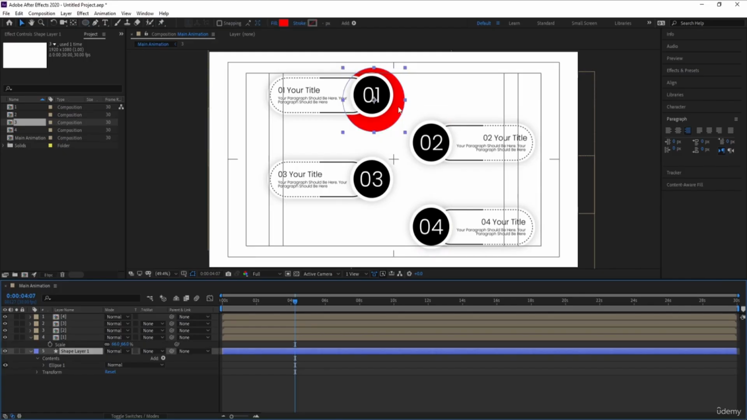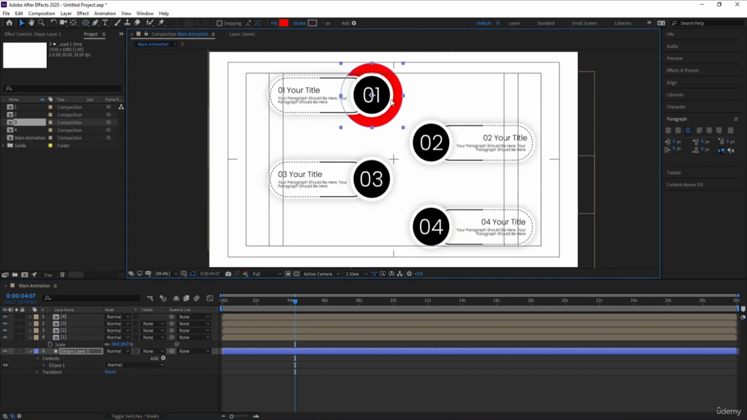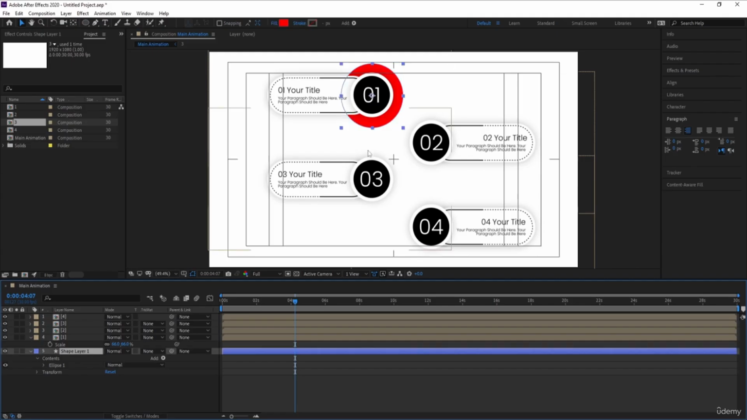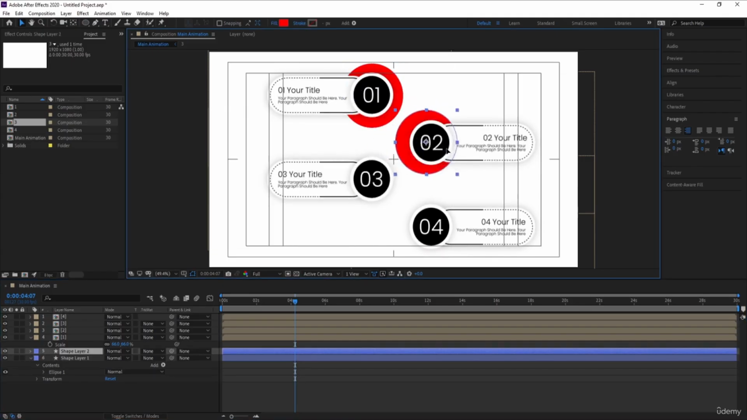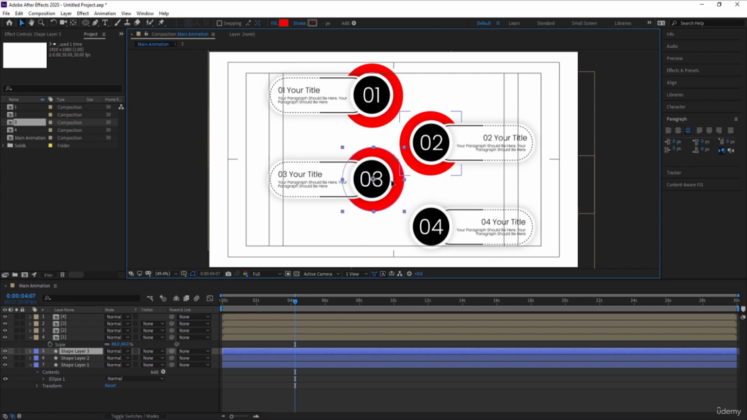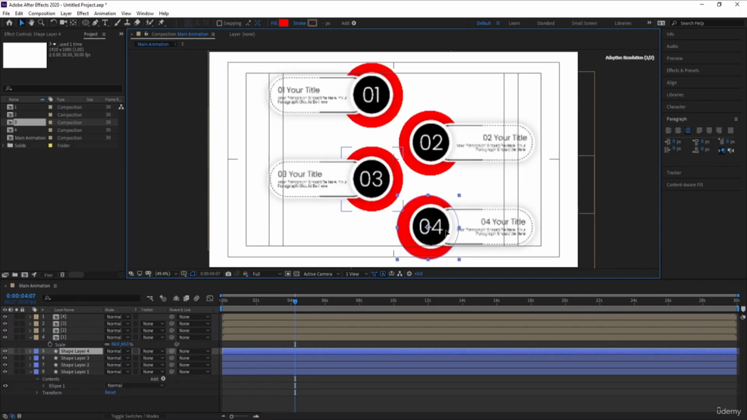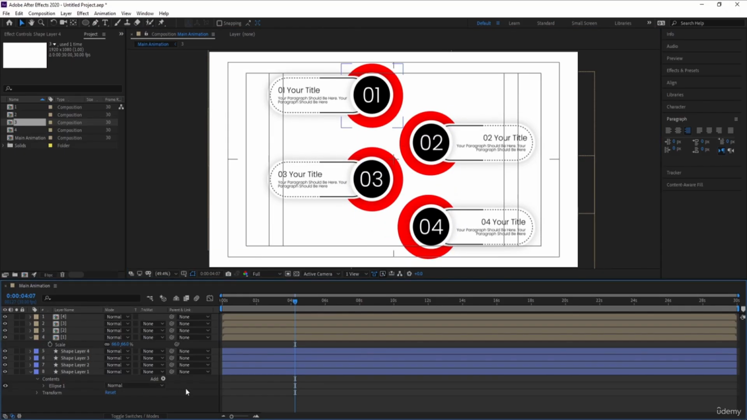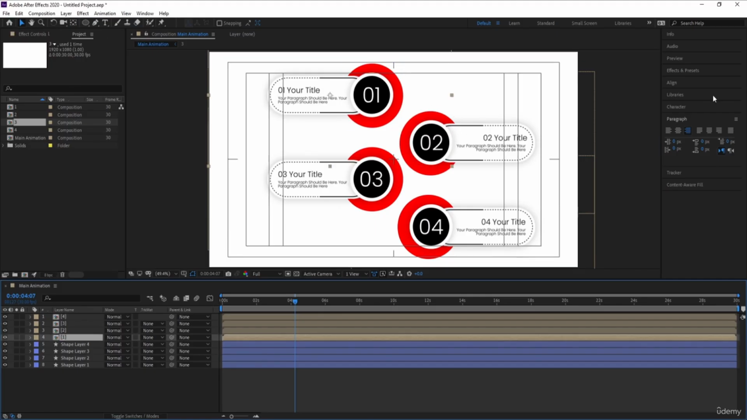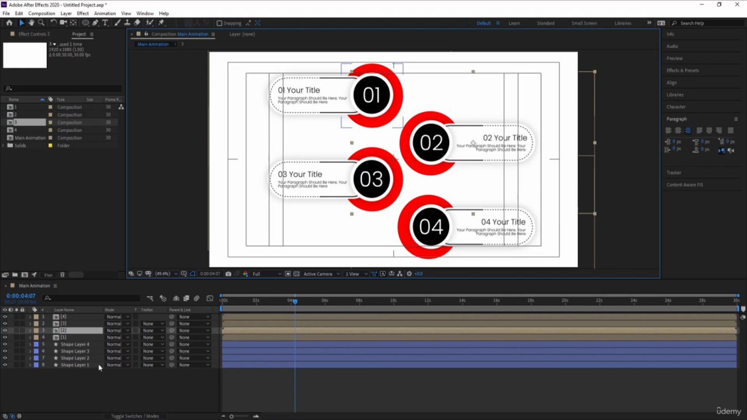Let's select this and try to move this over here. Select this, hit Ctrl D, and let's move this over here. Hit Ctrl D, and let's move this over here. Hit Ctrl D, and let's move this over here. Okay, like this. Now select this first layer, go to the effect and presets panel, and you can also adjust